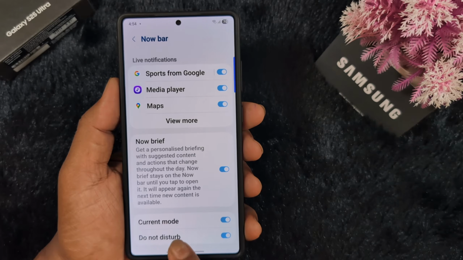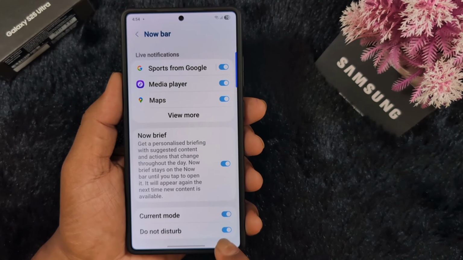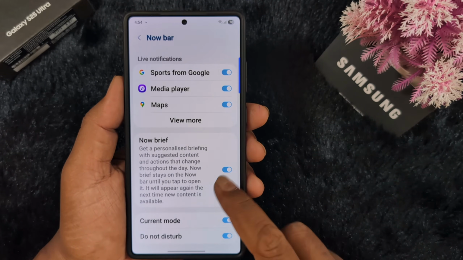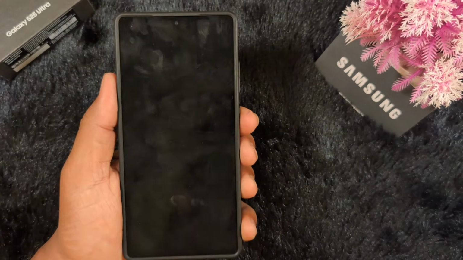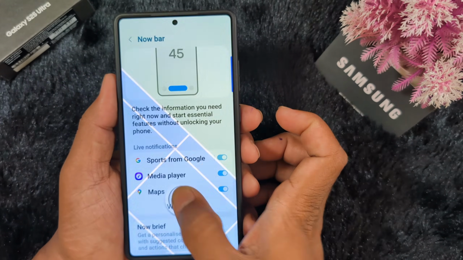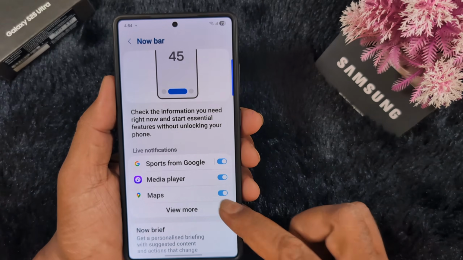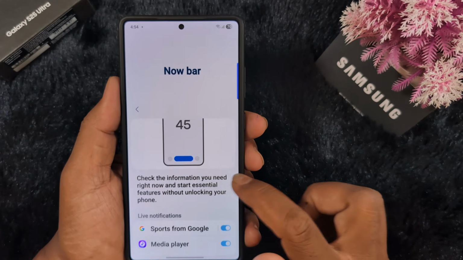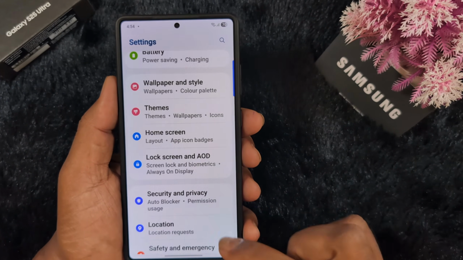In One UI 7 you can only see the current mode option, so the do not disturb mode applies on the now bar on your device. So when you lock your phone and activate it, you can see the do not disturb on the now bar on your device. So this is the new added feature. Next one is the